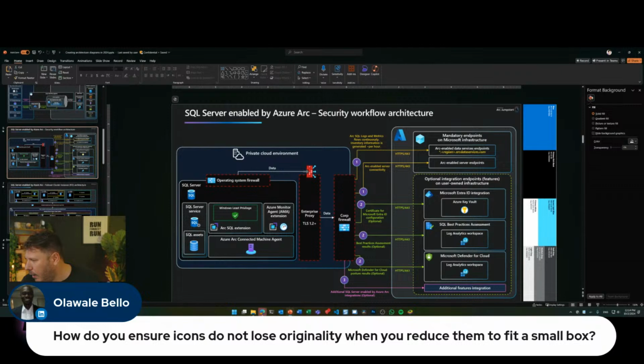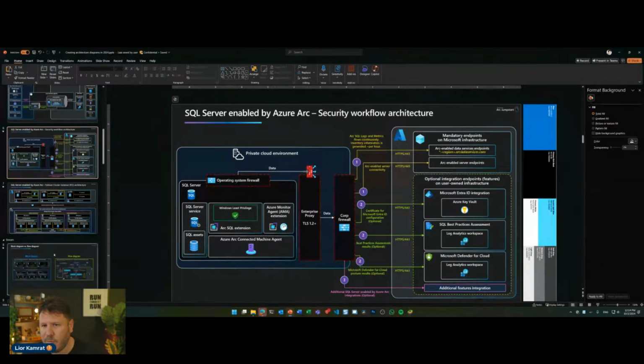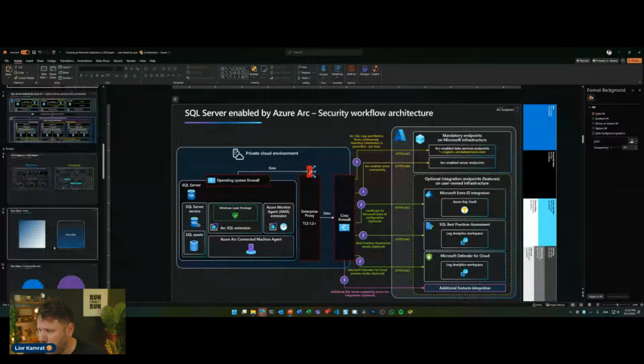Okay. How do you ensure icons do not lose? Oh, yeah, it's a great question. I'll talk about it in a second here when it comes to PNGs, SVGs, and